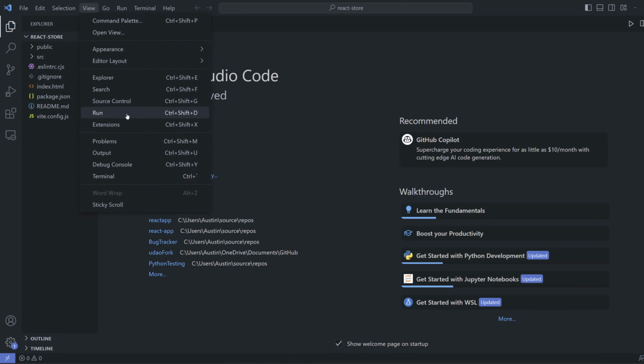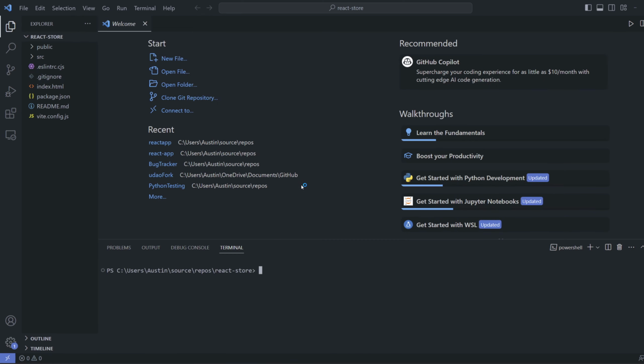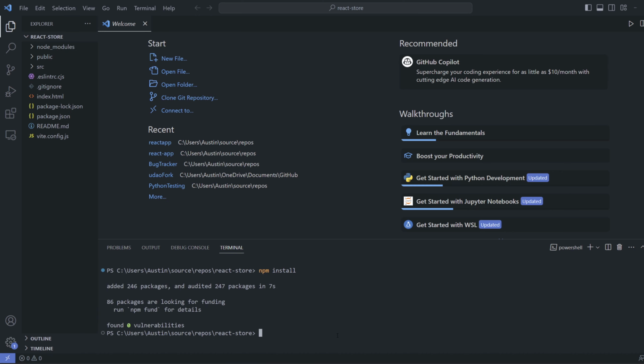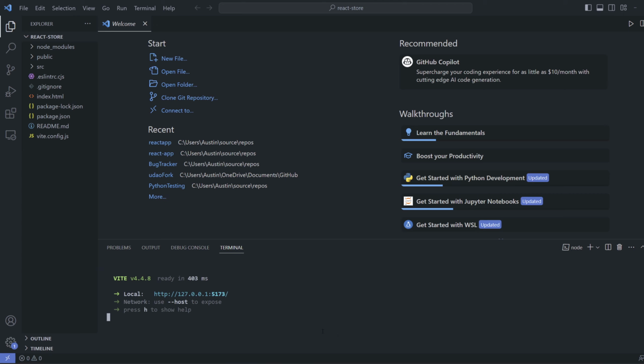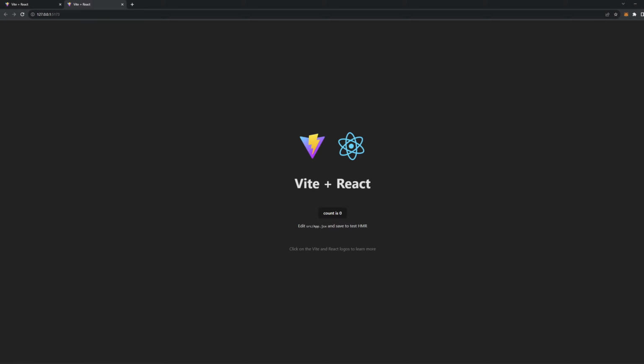And then we'll reopen our terminal by going to view and then clicking terminal like this. Then I want to run npm install to install all the packages that we're going to need for this program. So I'll run this and it'll take a second. And then lastly, to actually get our site launched, we can run the command npm run dev in our terminal, press enter, and it should generate a link for us so we can use it for our localhost. So hold down control, click it, and it should open up a tab